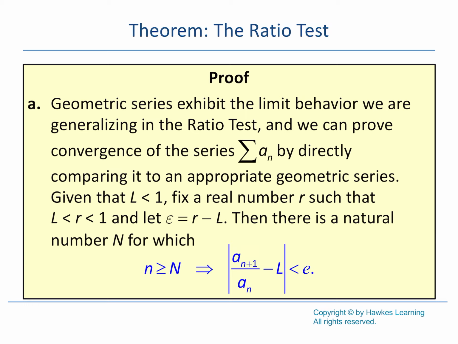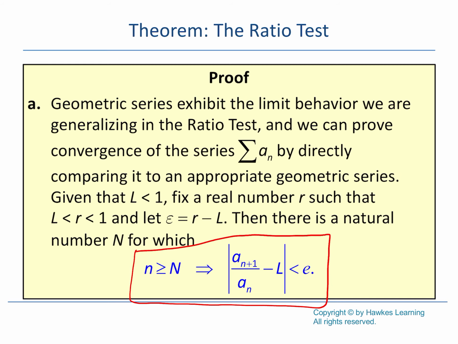Let's take a look at part A. This is the convergent case. Since we know that geometric series with a ratio of less than 1 converge, what we can do is use that knowledge and combine it with our knowledge of the definition of finding the limit of an infinite series. And we get this part down here. Basically what this says is